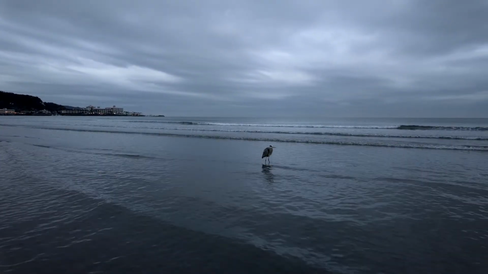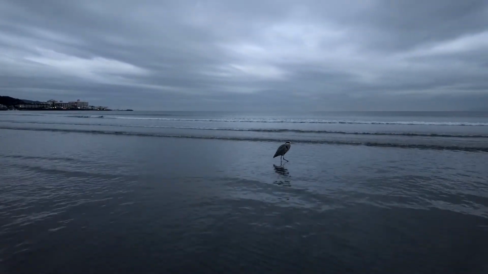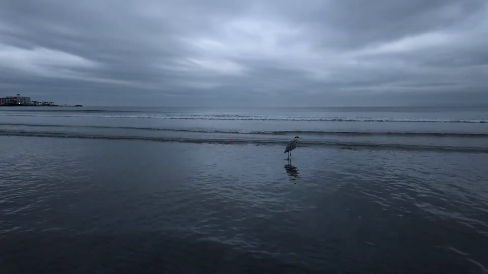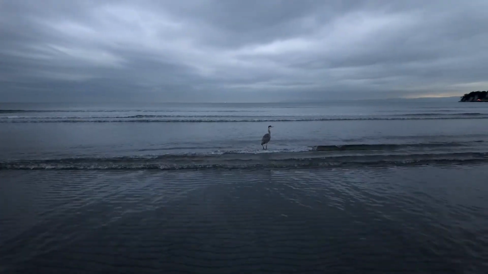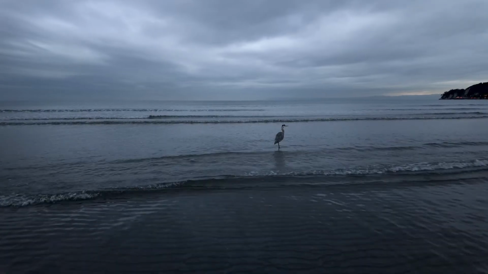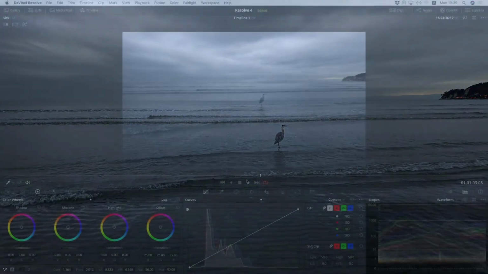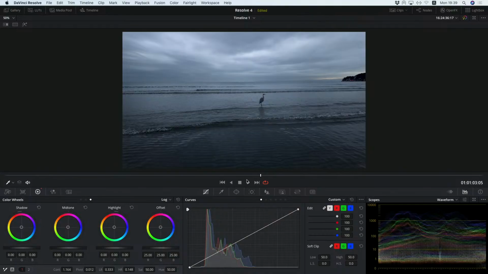Okay, so let's find some interesting part here. So let's say, okay, this seems to be a good place to start. So let's go back to the interface. So let's try now the shadow. So what does the shadow do? If I increase the warmth or the coolness in here,